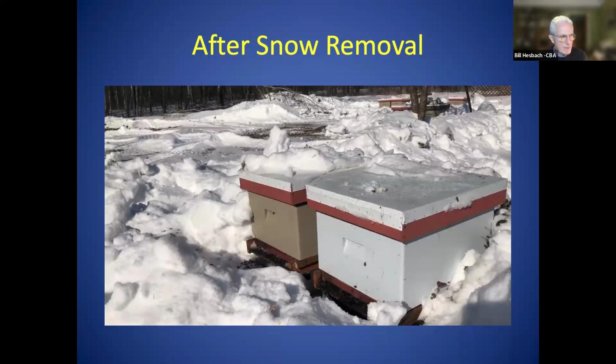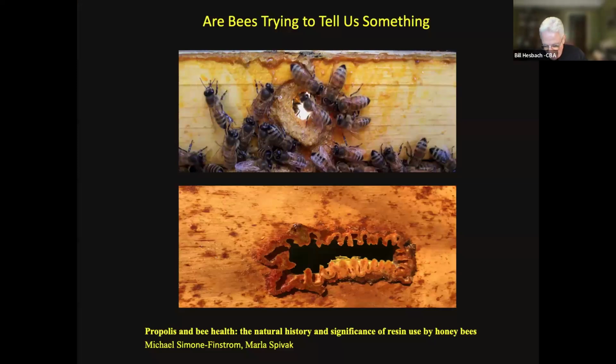So any little insects that are burrowed into the ground a centimeter or two survive just perfectly with their own metabolic gases that just permeate the snow level and go up into the atmosphere. So they don't need a lot of snow ventilation, except we all know we go out and we do this, and I still do it. I go out and I make sure that front entrance is open,